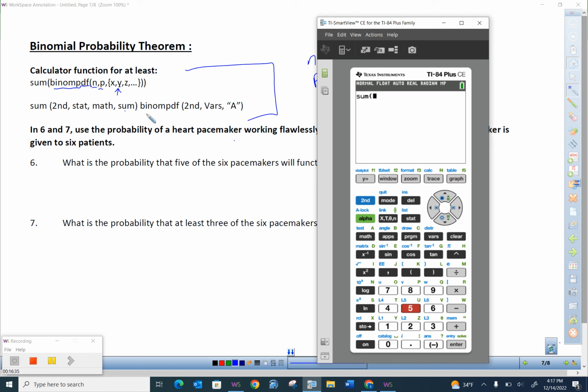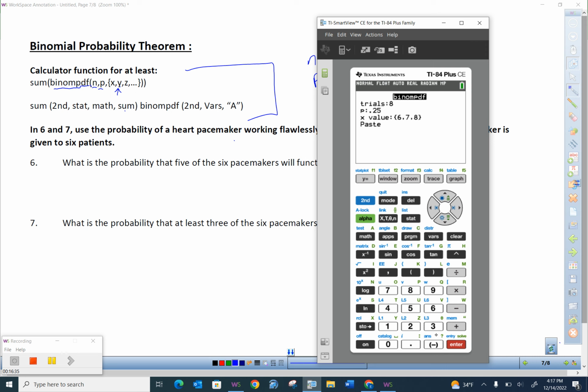Now we're going to do the binomial PDF. Second vars, it may not actually be A, so make sure you're looking at that it's actually PDF. So second vars, and then you scroll. The PDF for mine is A. Yours may be 0 depending on how many functions are in your calculator. Oops, I'm going to have to redo that. Second vars, and then just grab that one,